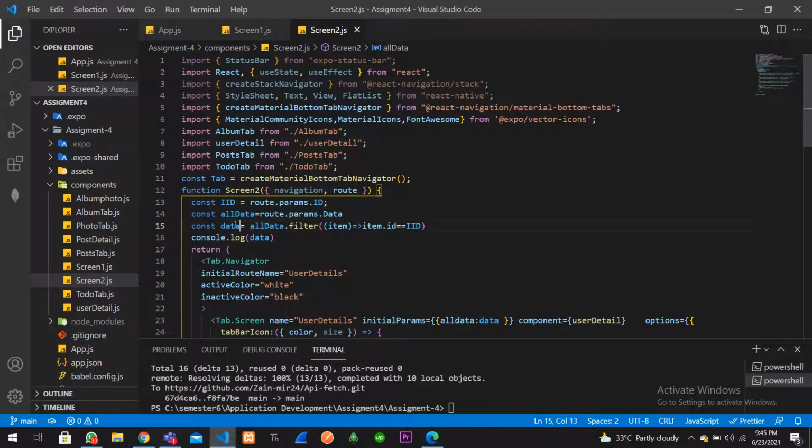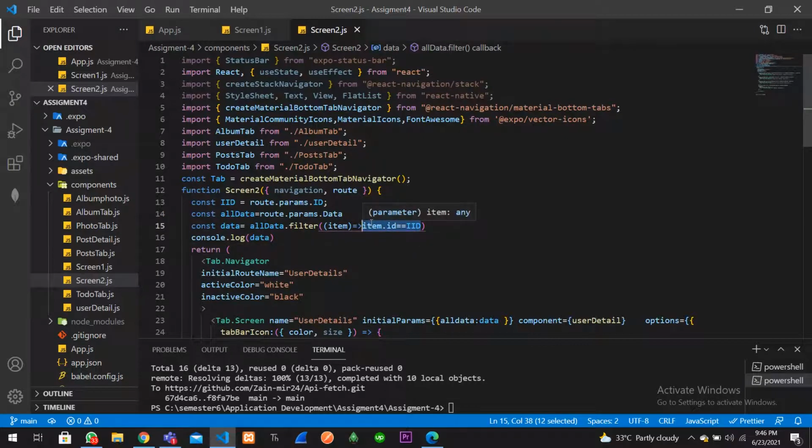Then I created another variable and put a filter over it: if the ID that I have captured is equivalent to the ID coming from the JSON data, then only show the data that is matching the item ID.